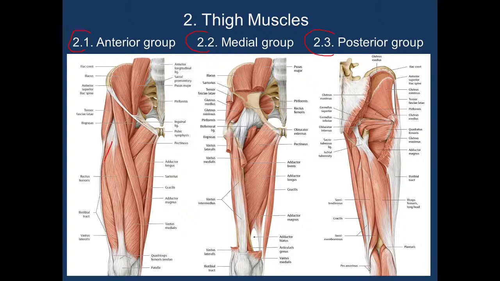You see the strong group. Sorry, it's not correct. It's better. This group we call the anterior group, and this group consists of the very long muscle